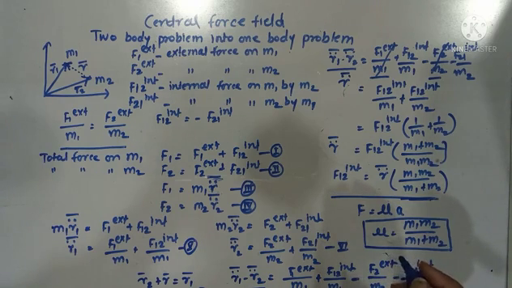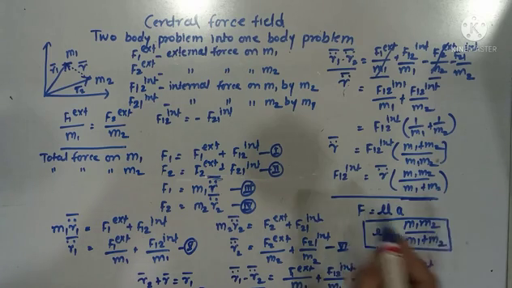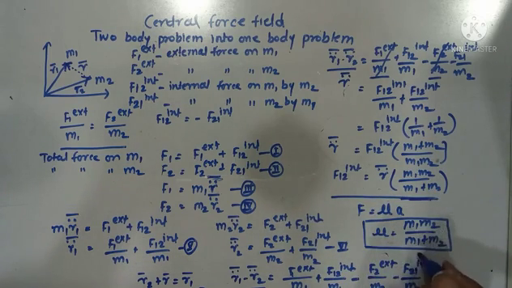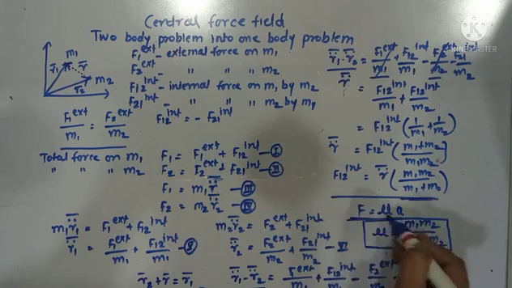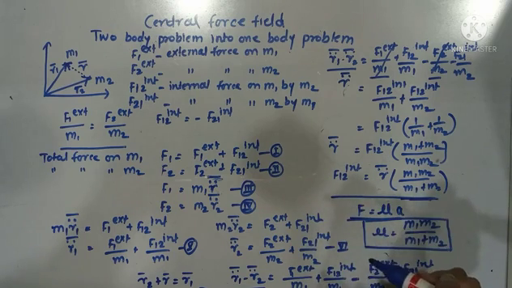So in this unit only, we are going to deal with Rutherford's scattering formula, and for that formula we are going to take the mass of the proton and the mass of the neutron collectively as a reduced mass of the system. That could be given by mp mn upon mp plus mn. So that is the reduced mass of the system. Once we convert that two body problem into the one body problem by replacing this mass with the reduced mass, we can use the direct formula f is equal to m a and all.